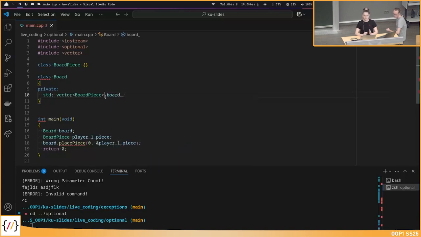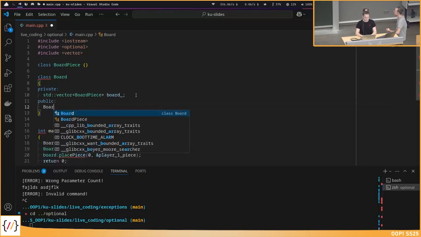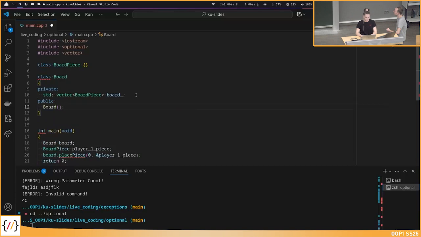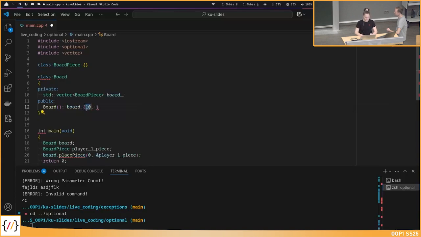But not on every position in this board, because if I look at it like this, if I want to, in the constructor, create this board now, well, I want to make it 10 elements long, so I can create a vector, first parameter 10, the length, and the second parameter with which value all of these 10 elements should be initialized.